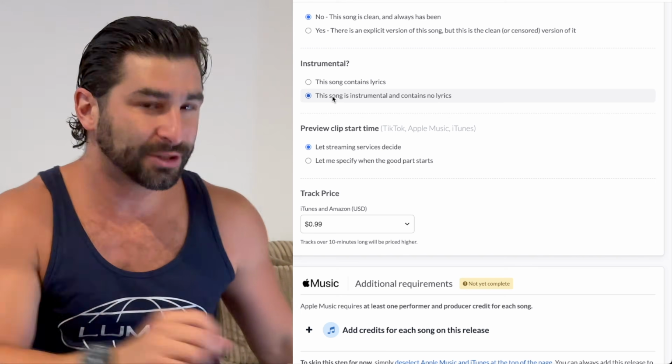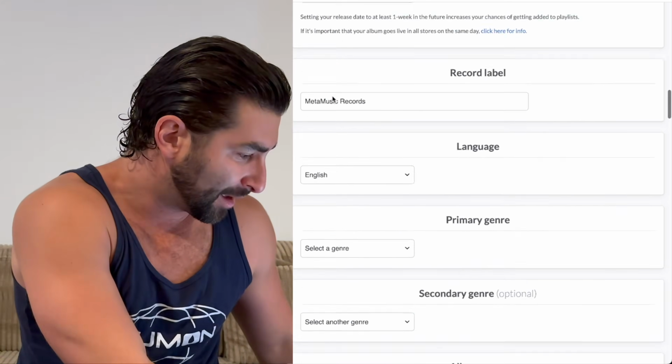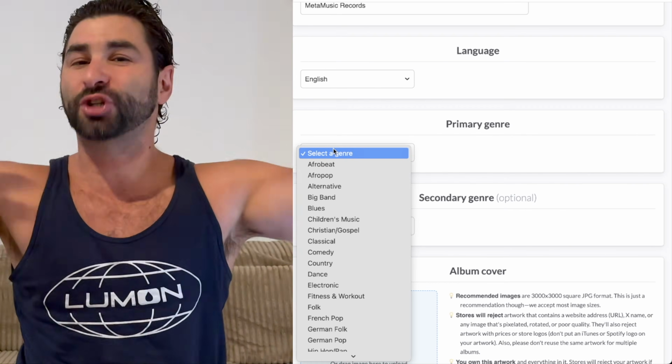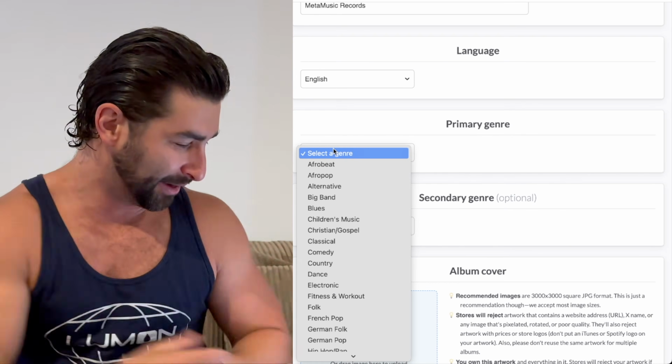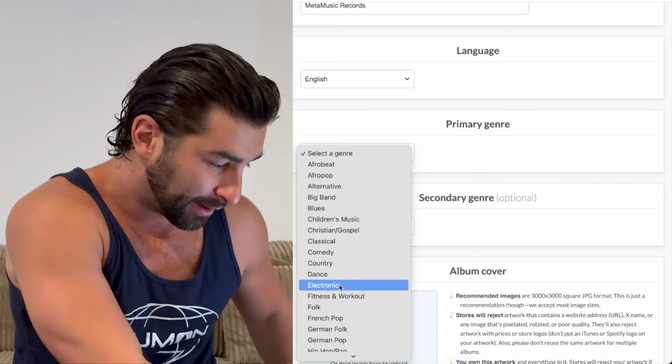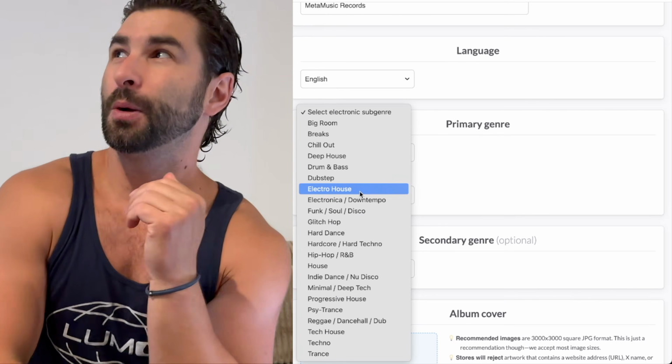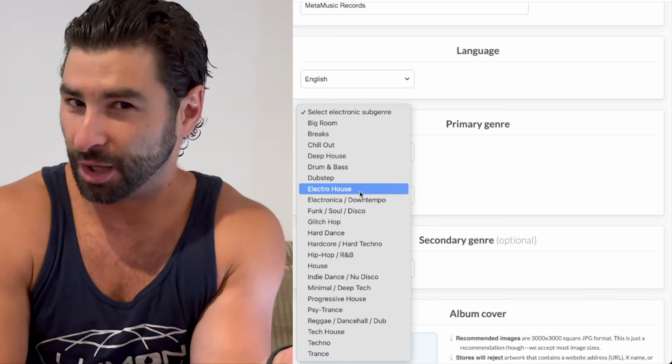Now, one last thing I do want to mention, because if I go up here, I have to pick a genre, right? And one of the biggest genres right now in the world, which is what I make typically, is electronic. And I have a bunch of different electronic subgenres right here. But is this instrumental? It's gonna sound a bit weird, maybe philosophical even, but I think there's a difference between a song being instrumental on paper, what instrumental means, this is just instruments, no vocals,